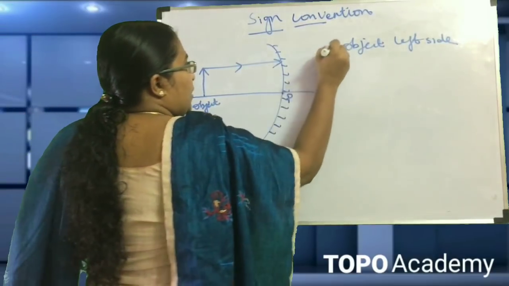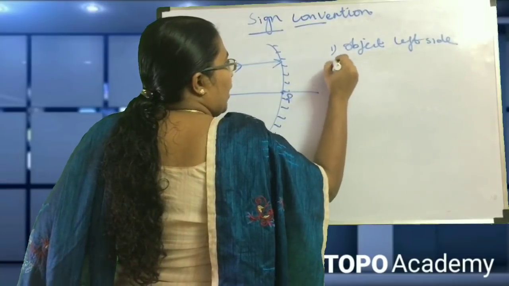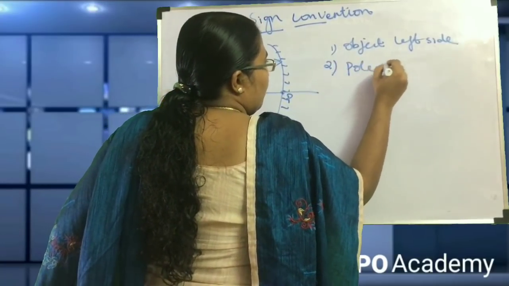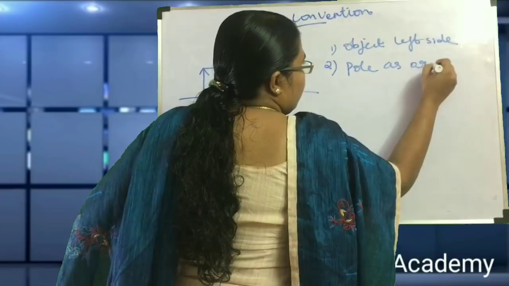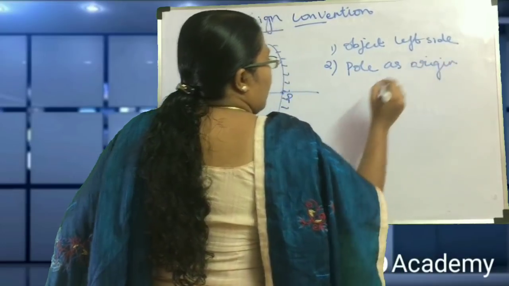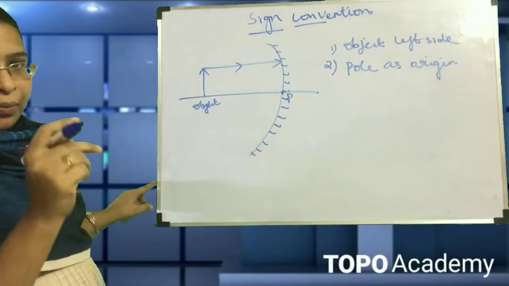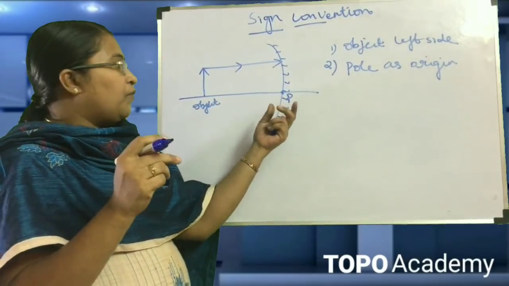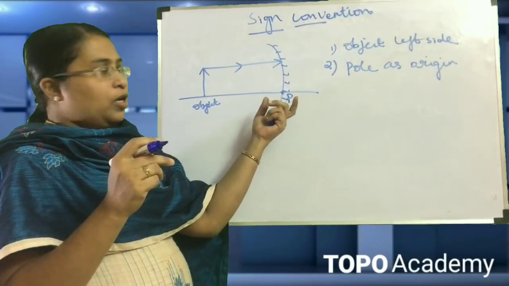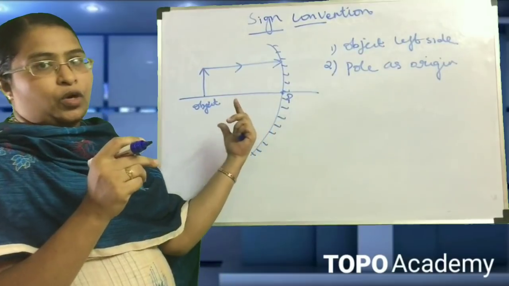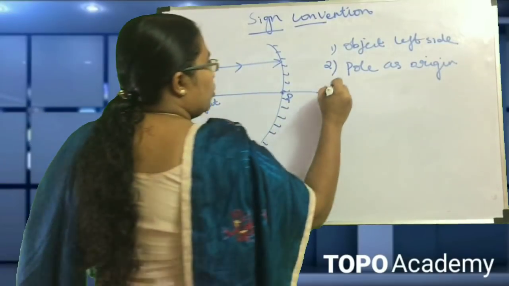The next point is we have to take the pole as the origin. That means all the measurements are taken with respect to the pole of the mirror. That is the second rule. The pole is taken as the origin. And the third rule,